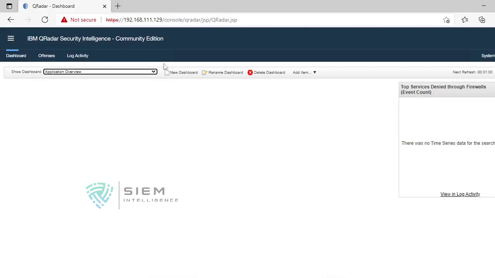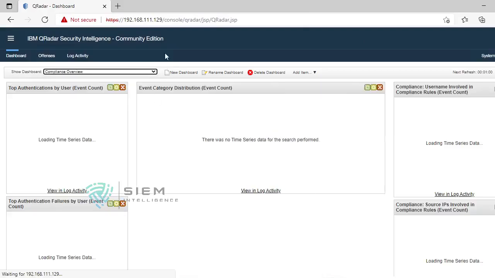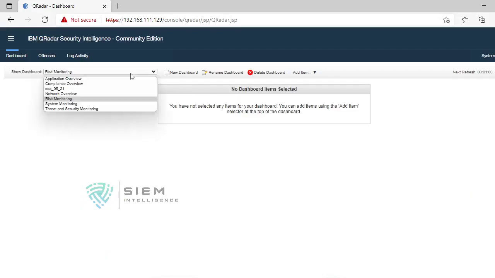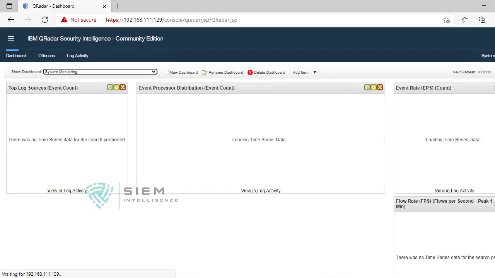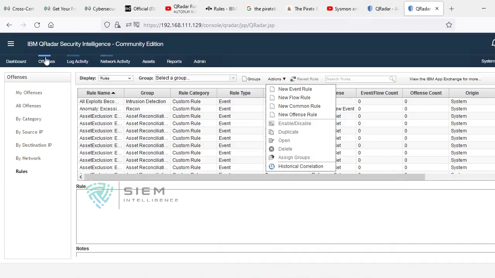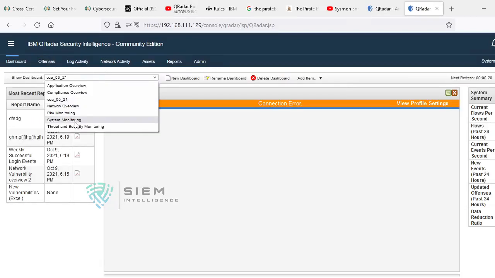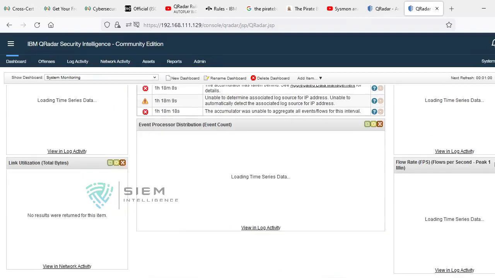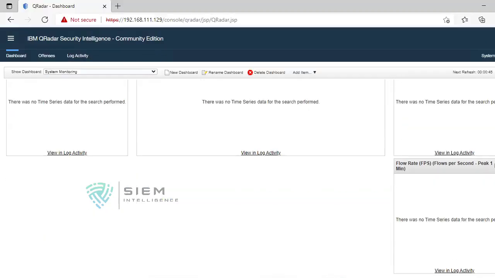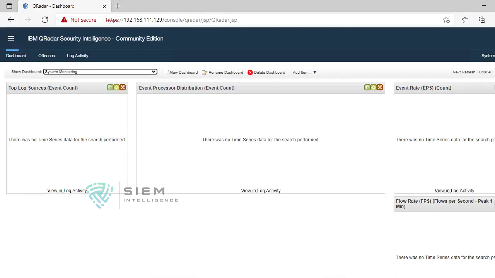See, the overview has these many things. According to risk monitoring, there is no dashboard. However, it should be there. System monitoring is there, but it is not up to the level. If you go and see in my system monitoring, there are huge things. There is a set of 1, 2, 3, 4, 5, 6, but for this particular user, the Flipkart user, it is only 4, and that data is also not up to the mark. It may come, it may not come.